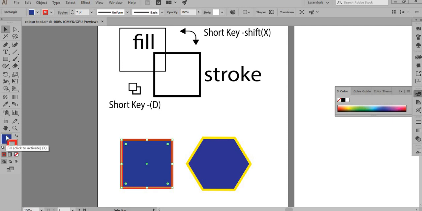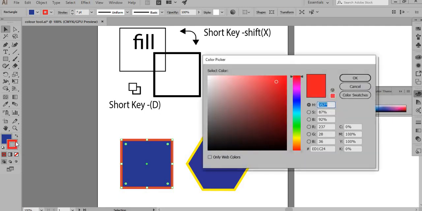Now let's move over to talk about what's going on here. We have a stroke, and we can double click on the stroke, and you see a color picker box, and there is a needle. You can move this needle, it'll bring you a gamut of colors, and you can select the color that you're looking for and click OK.